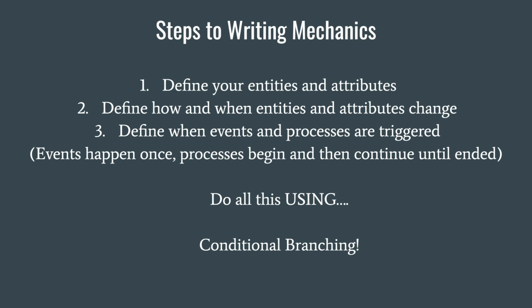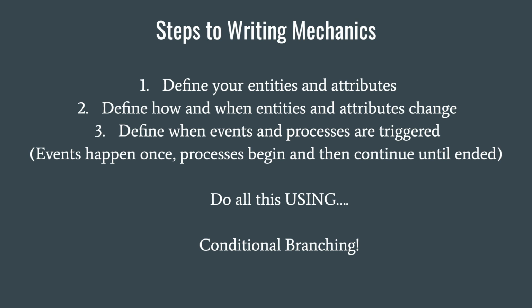So if I have 500 gold, then I will start to collect interest on my gold. But if it drops below 500, then I will stop accruing interest on my gold, right? If I spend more. So, the way we do these 3 steps is we use conditional branching,